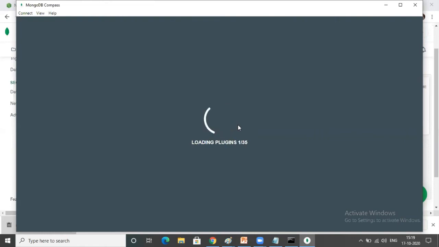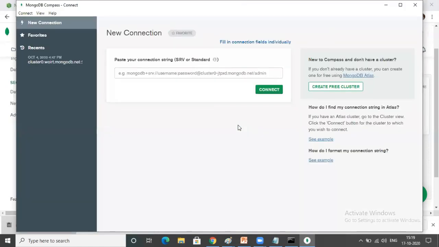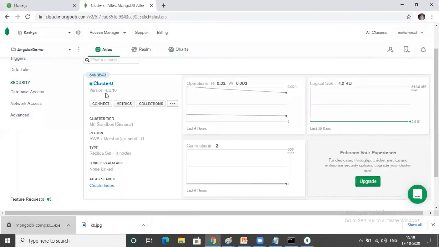Now I want to communicate with the cloud MongoDB server. As I created the database server in the cloud, now my Compass will communicate with that cloud and perform some basic queries. Later, in the next video, my Express.js will communicate with the cloud MongoDB server.